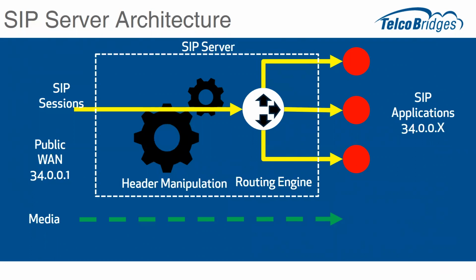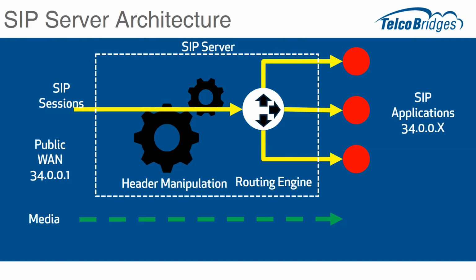Anything I missed there, Luke, on the description? Yeah, there's just one thing I want to say here about the media. Here we see the media is passing separately. There are some SIP servers that can attach some other application to pass the RTP traffic. When you do that, the RTP traffic passes through the server that you run, also the SIP server. So you need to be careful, because this will take some of the resources of the device to pass all those packets from one side to the other.